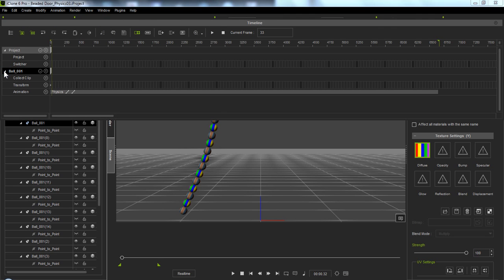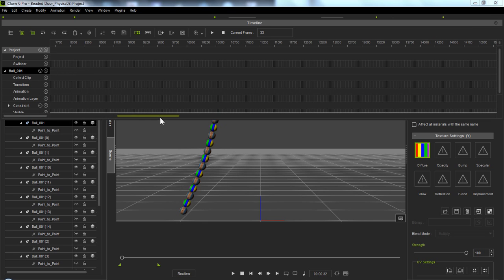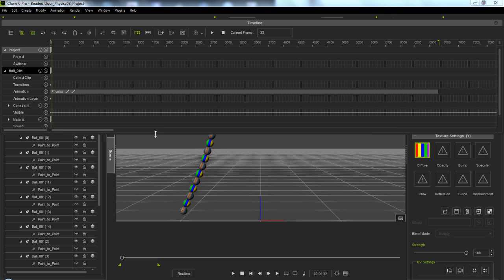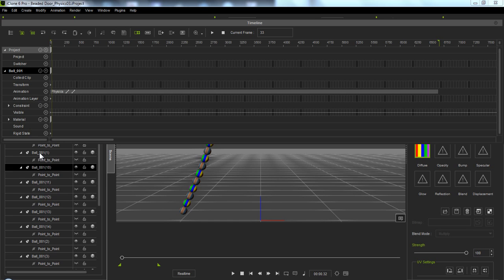If I hit the arrow here, it opens up collected clip, transform, and animation. Now, if I want to add keys to it and say animation layer, constraint, visible, material, sound, and see all of these for every item that I open from that point on, all I've got to do is open the particular line I'm looking at. In this case, I'm looking at the physics, but if I wanted to open up every item with the same lines every time I opened up or clicked on the item within the scene, then I can do that,